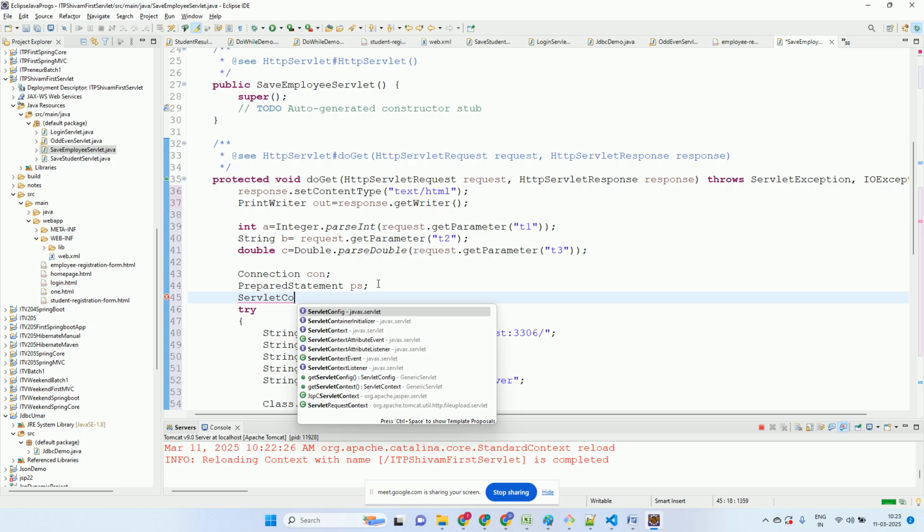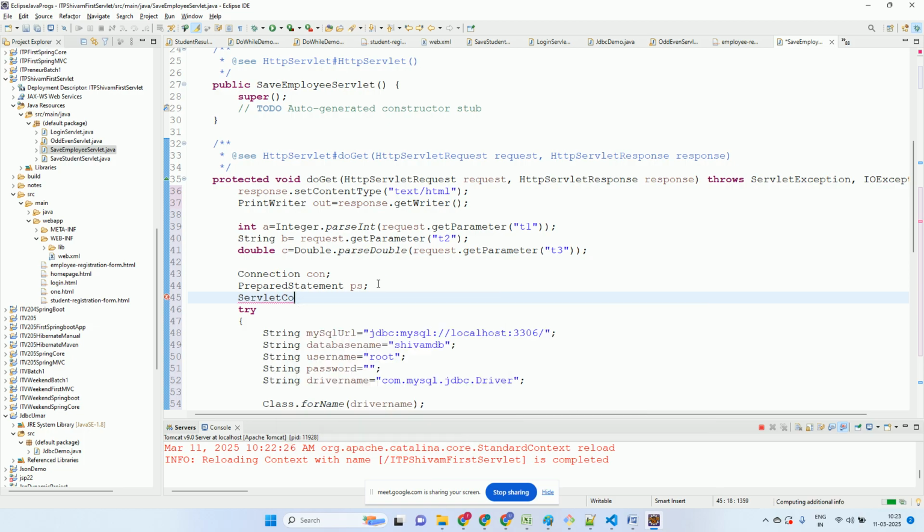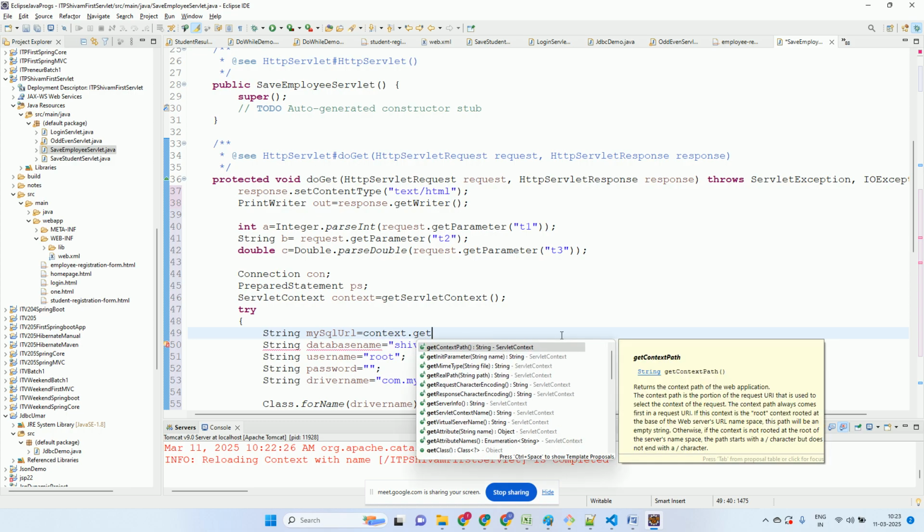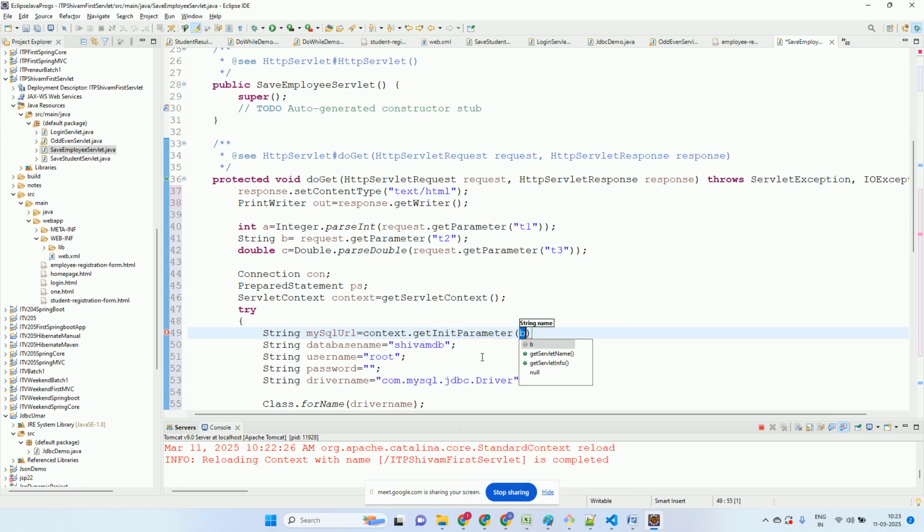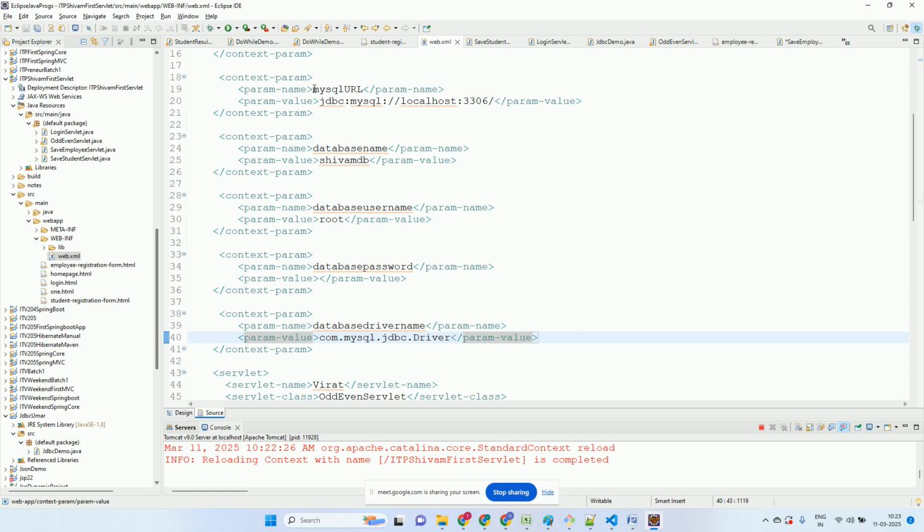कॉन्टेक्स्ट का ऑब्जेक्ट बनाना पड़ेगा। जो नाम आपको देना है दे दो, context = getServletContext(), आ गया। ओके, और अब इसे हार्ड कोडिंग करने के बजाय, हम क्या कहेंगे, context.getInitParameter, कौन सा पैरामीटर है जो मुझे URL दे रहा है, ये दे रहा है।